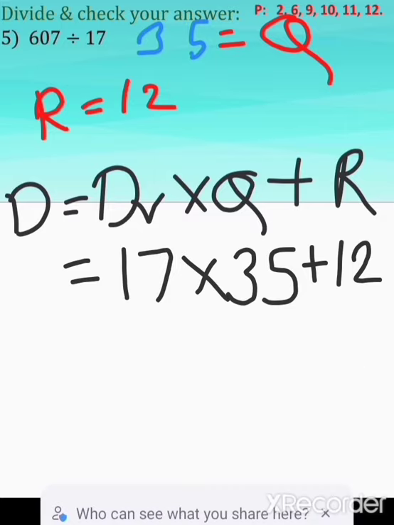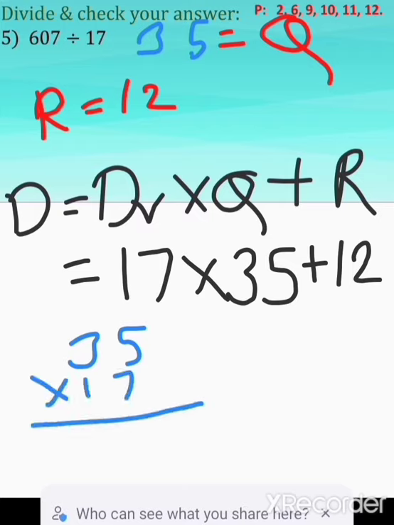See here, 35 multiplied by 17. If you know the table, you can multiply directly. 17 5s are, then 17 3s are, right? 17 5s are how much? 85. 8 carry, 17 3s are 51 plus 8, 59. So 595 you got directly. See how beneficial it is for you and how much time you can save.